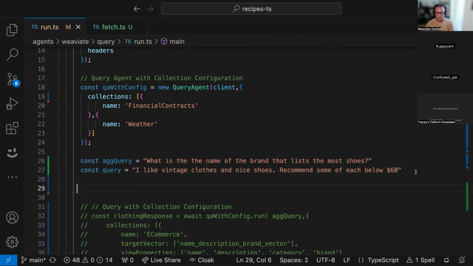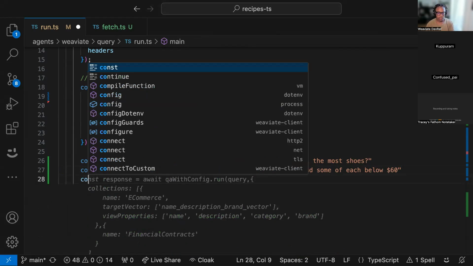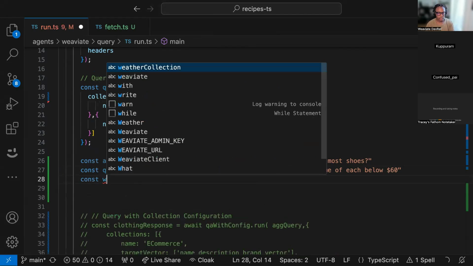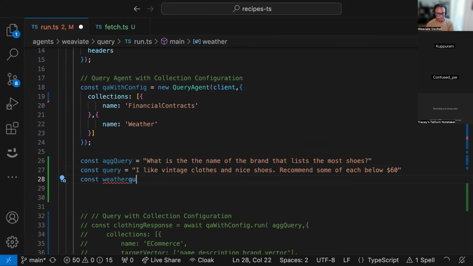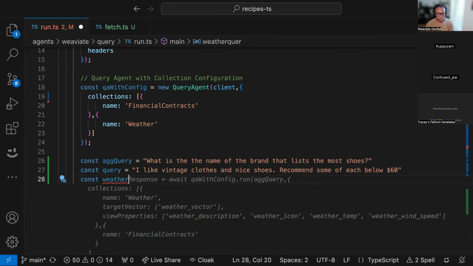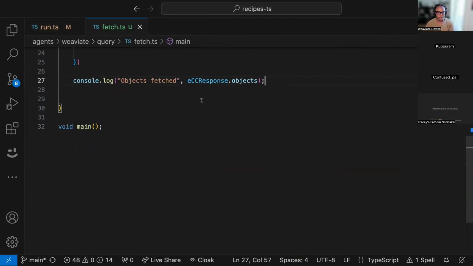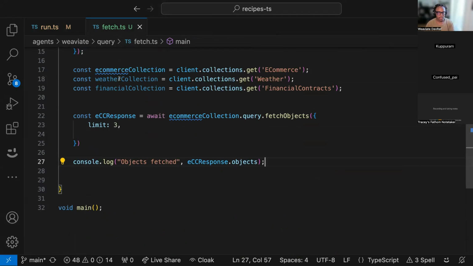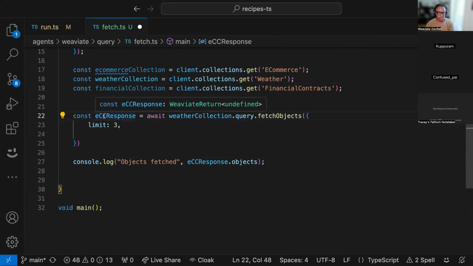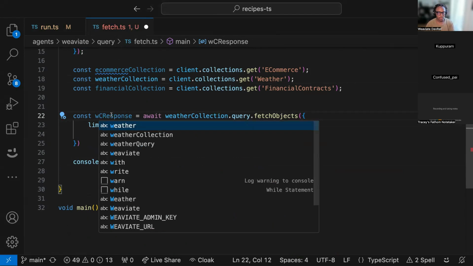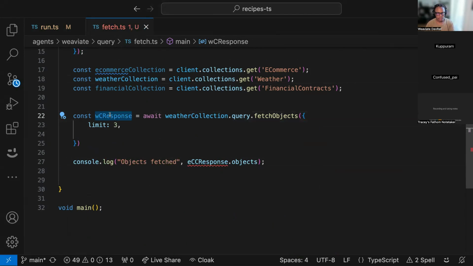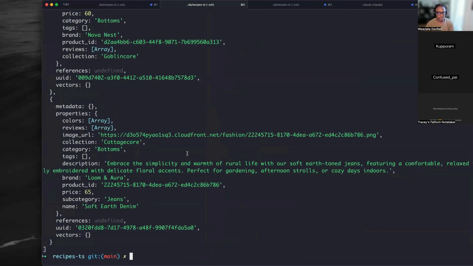Let's see, it's const weatherQuery. Let's actually fetch data and see what we have in our weather collection. So weather collection response. Let's see what type of data we have, and then we can start to figure out